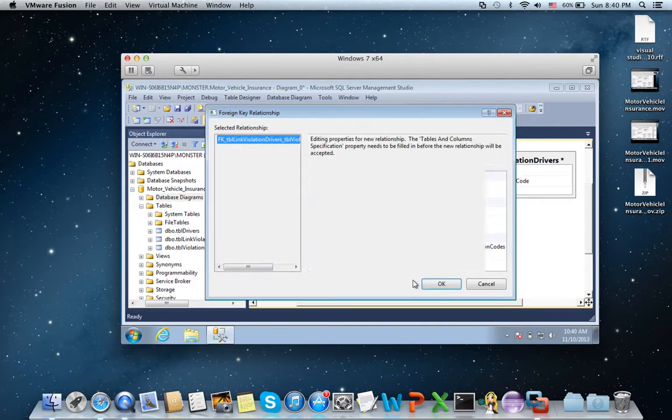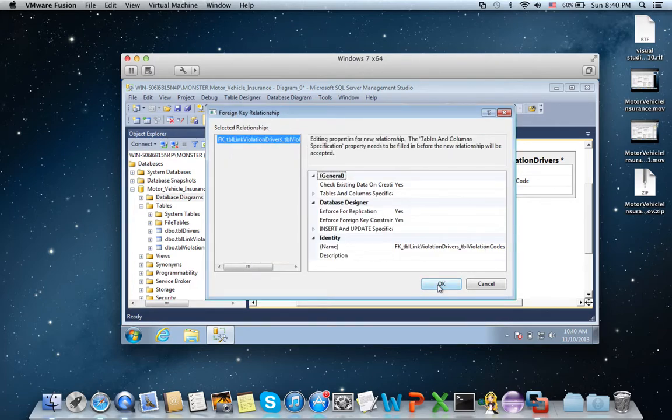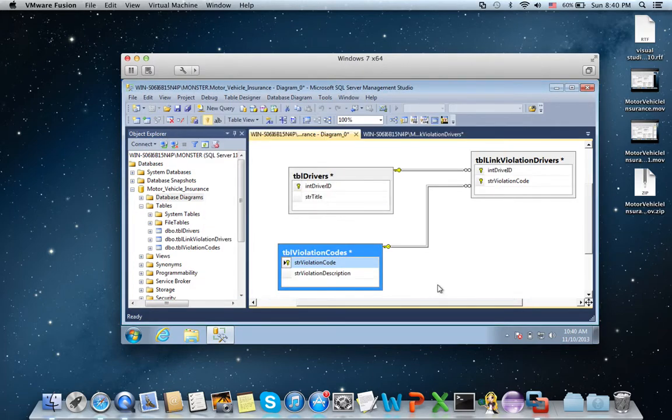And I click OK. And OK here. So, as you can see, I have one to many relationship. One part, the primary key here, and the many part to the foreign key here. So these three tables have been visually connected.